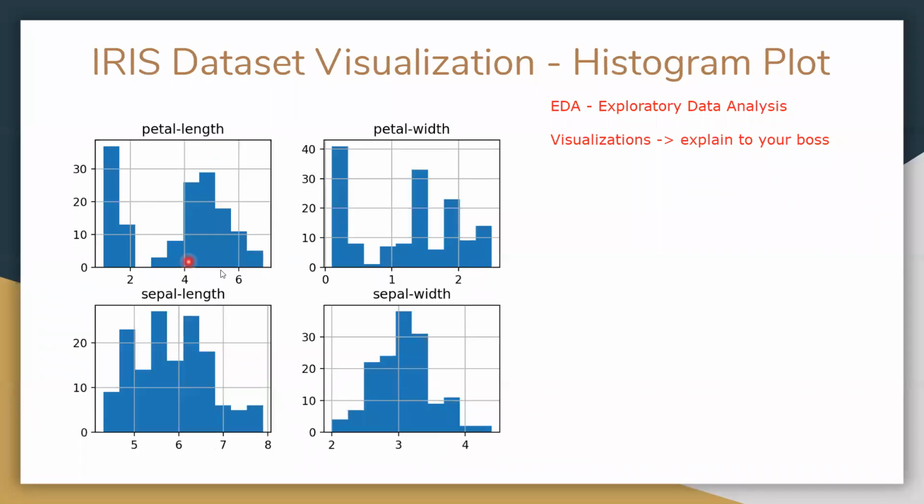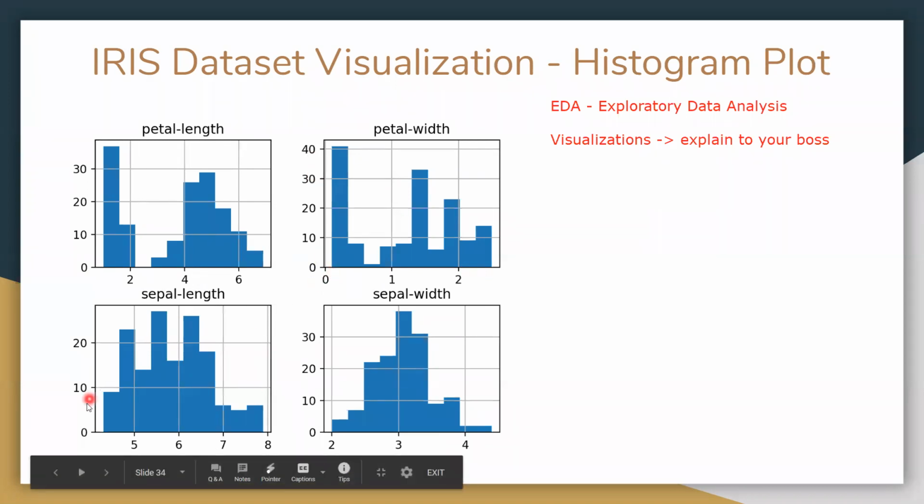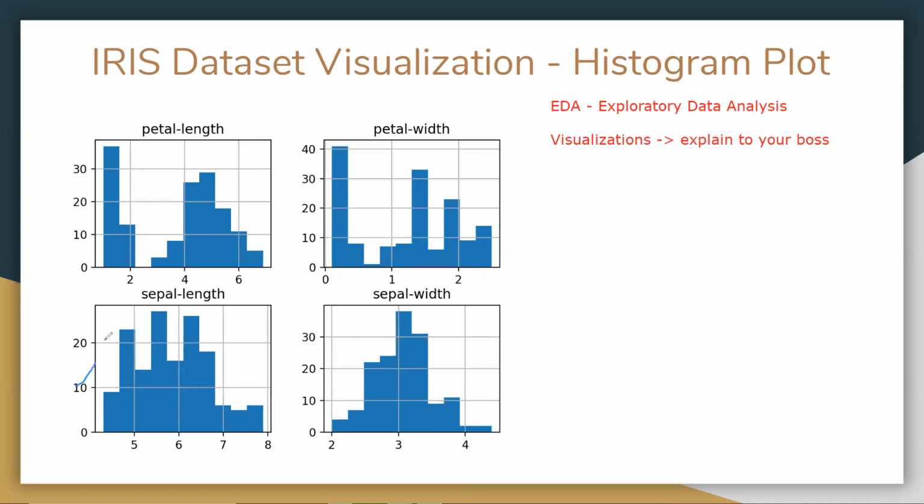Next, you are drawing the histogram here. How many values are there, from 0 to 1, 1 to 2, and so on? This is the count you can see, and you see a pattern here. Can you see a data distribution like this? You don't find it here; this is not like that. You only find it for these two. So this is called Gaussian distribution. Just remember this point.